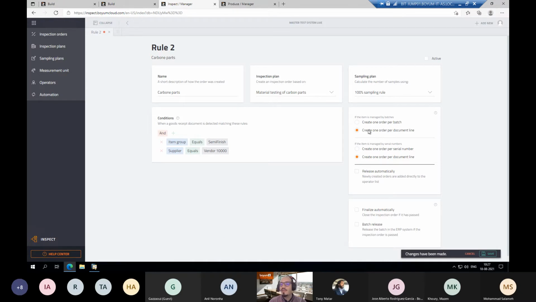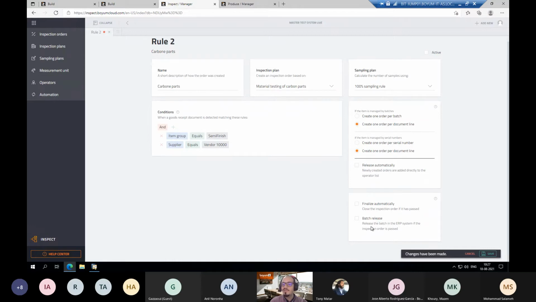I can either create one specific inspection order for each one of the lines in the document, or I can even create one per batch if you work with batches. So if I have in one line 3 batches, it will create 3 inspections. And I can have the system release the batches after the inspection is completed. So I can receive, for example, the batches not released, and after I go through the inspection processes and I release, it will release the batches for me. And I can also have